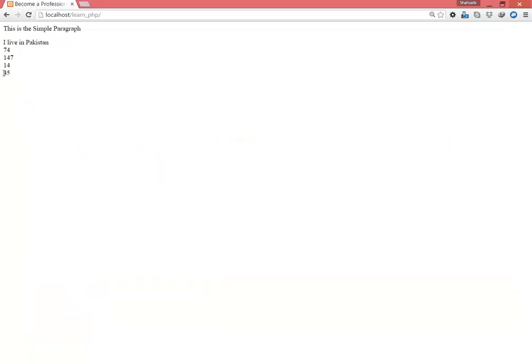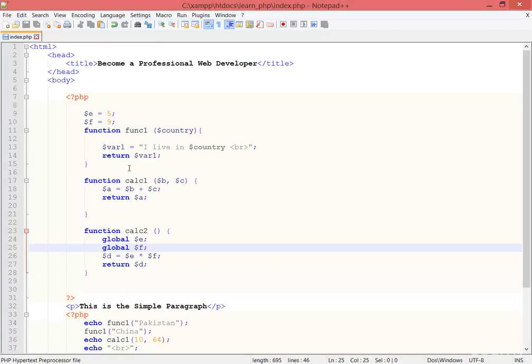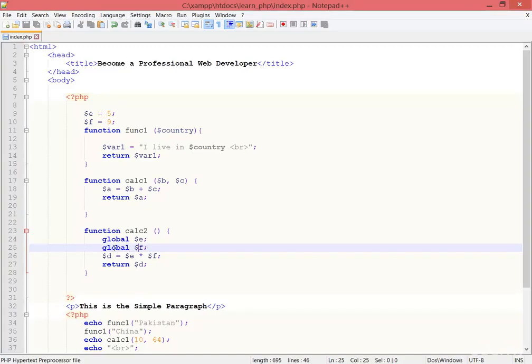Now you can see that the 45 is there. Why the 45? Because 5 9s are 45. Exactly, 5 times 9 is equal to 45. So this is pretty awesome. Now I've made them global. There is another way, and I'm going to teach you that too. The next way is